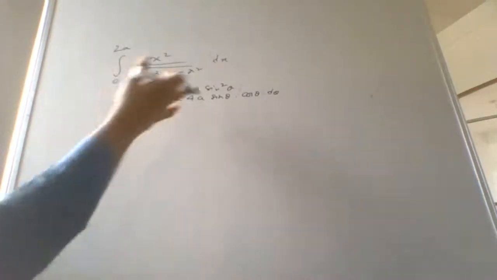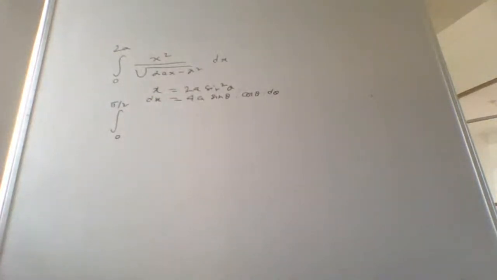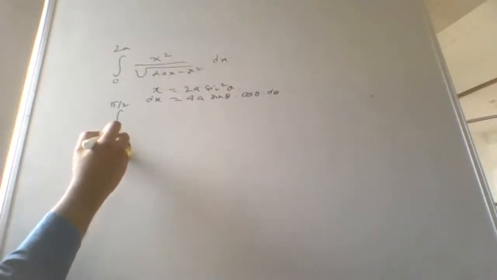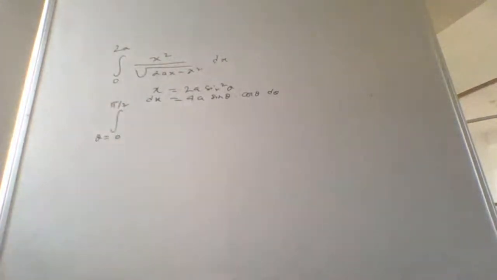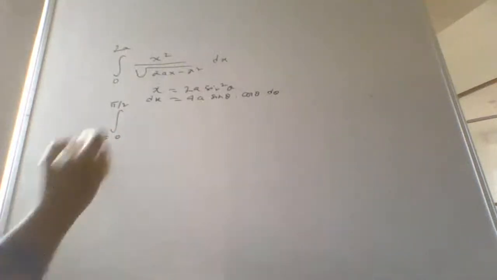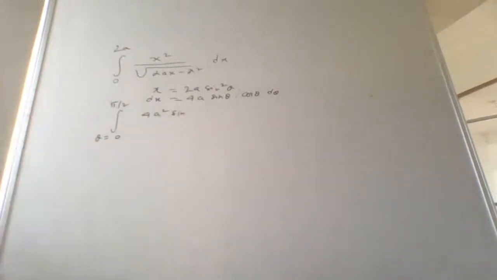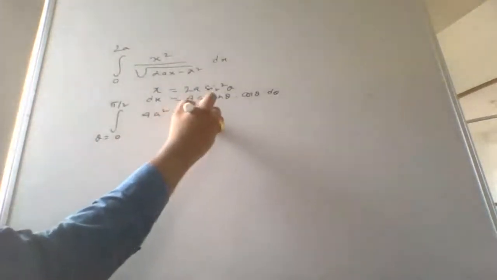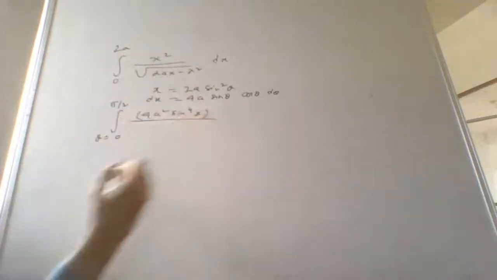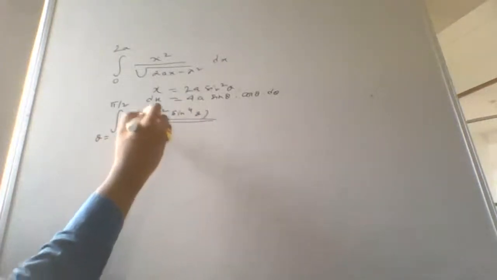As you know, when you change the variable from x to theta, this is now in terms of theta, so theta ranges from 0 to pi by 2. So let us substitute it. I get 4a square sine power 4 theta for x square, divided by the square root of 2ax, which is again